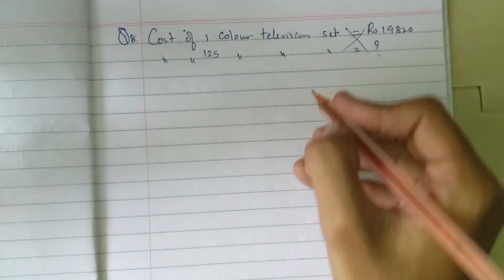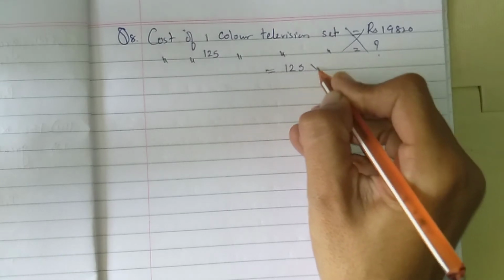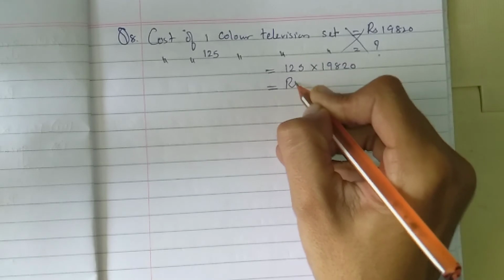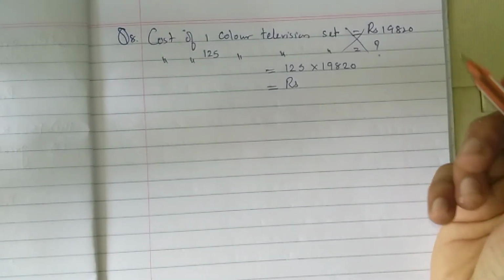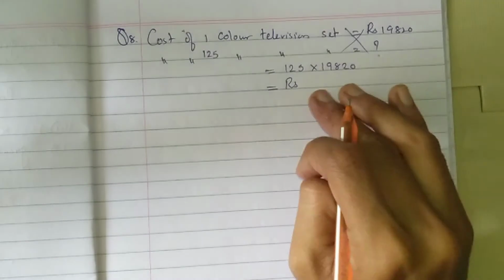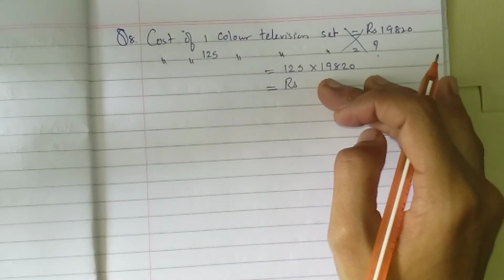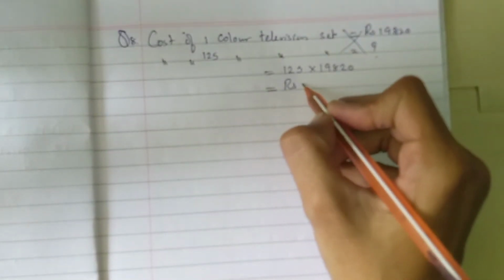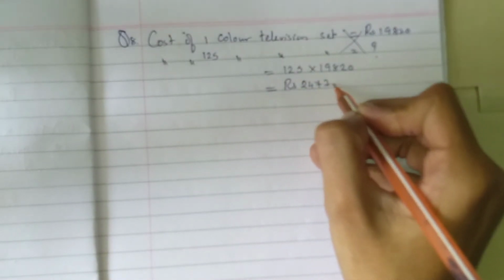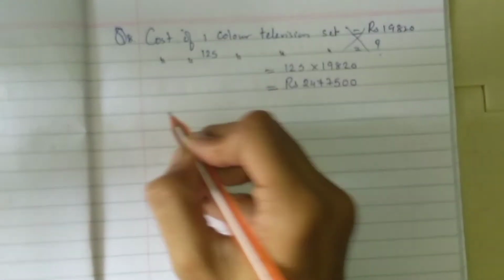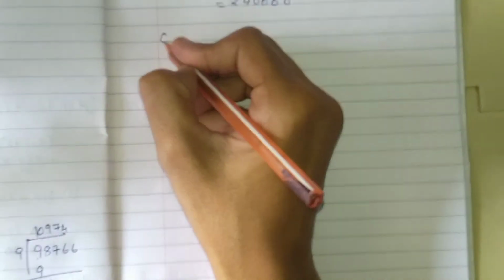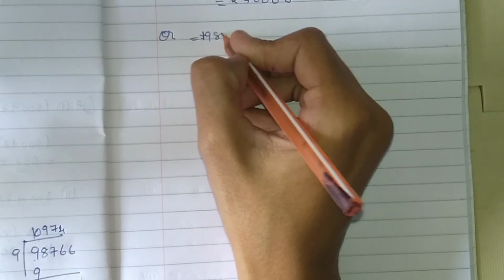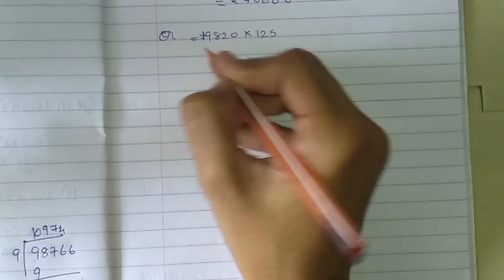Cross multiplication. So 125 multiplied by 19820, which is equal to rupees, this we have to multiply, or you can use the distributive property. Okay, I am simply multiplying it. The answer is 2477500. Or you can use the distributive law, which is 19820 into 125 equal to